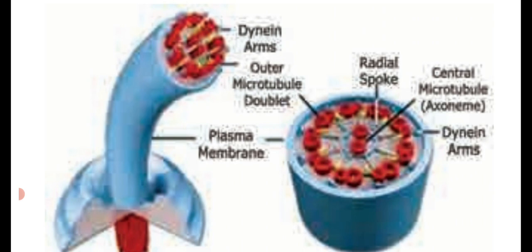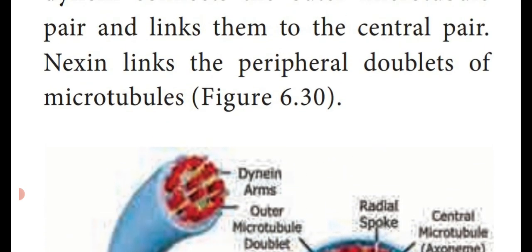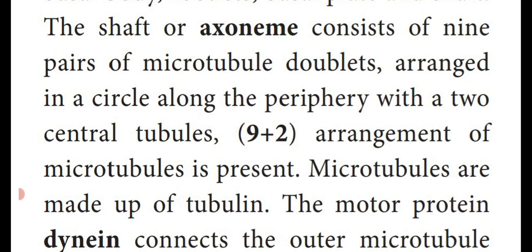So with the help of the activity of dynein, the cilia bend and show mobility or movement in the eukaryotic cell. So that is the structure of cilia and flagella in the eukaryotic cell. Dear students, I hope you have all understood what flagella and cilium are, the mechanism of flagella, and the difference between prokaryotic flagellum and eukaryotic flagellum. So up to this, the sixth lesson is over.